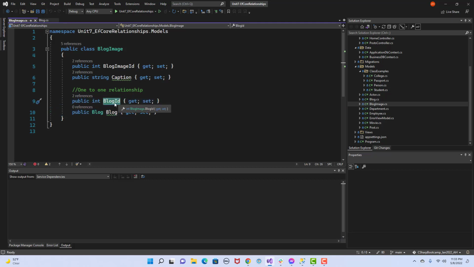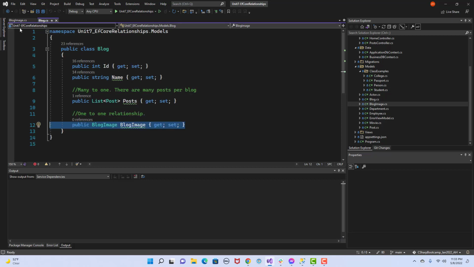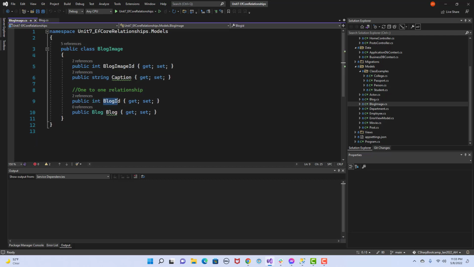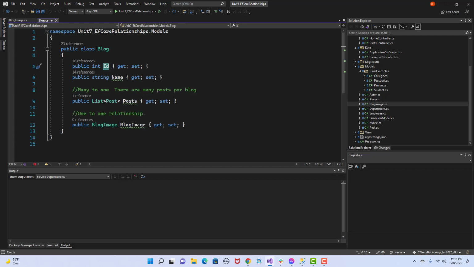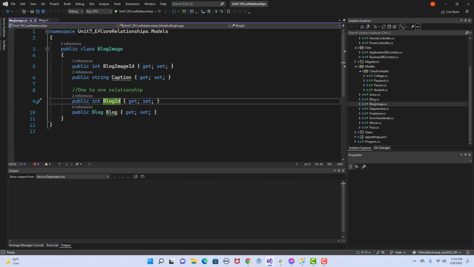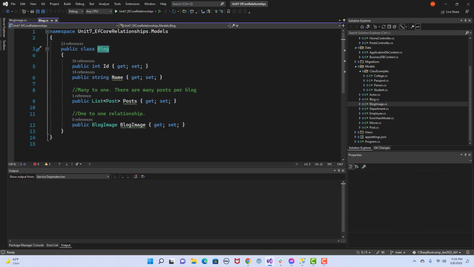Okay, remember this is the ID of the blog, so it has to point to here. Now you're saying, Jonathan, the primary key in blog is called ID, but this one's called blog ID. And I'm like, yes, but Entity Framework knows that this is blog because the name of the class is blog, so it will infer that blog ID points to the class called blog. Okay, it will figure that out because of the name, right? So you have a foreign key with the ID and then an instance of blog, and then Entity Framework will be able to